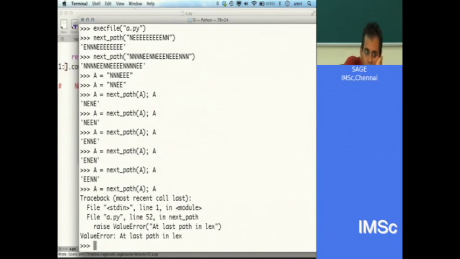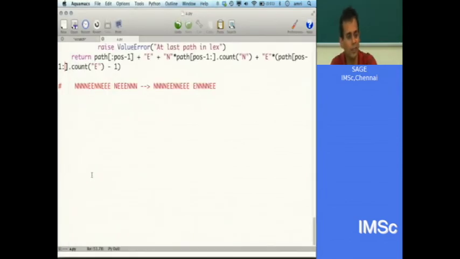Looks good. 1, 2, 3, 4, 5, 6. Looks okay, right?